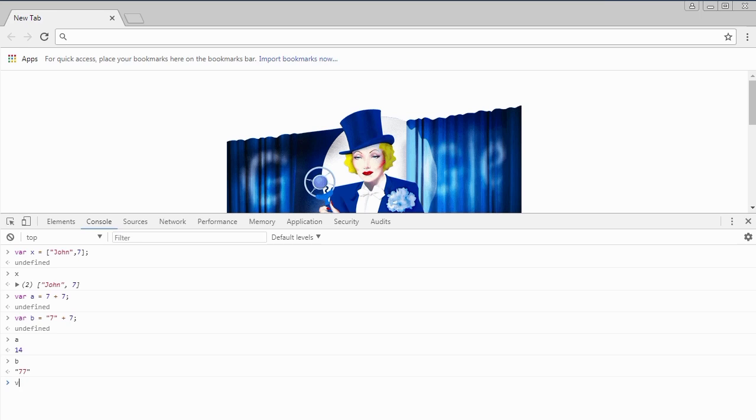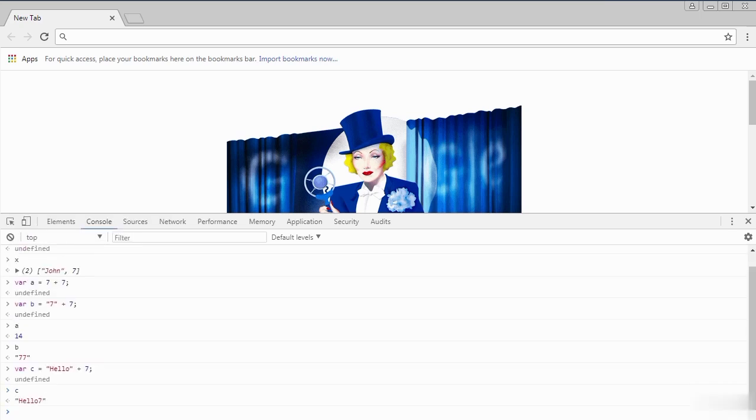If I, for example, create another variable here, I'll call this variable c, and I'll set that equal to, say, a string, and I'll call this hello, and I'll concatenate this. I'll add a number 7. Now if I call this variable c, I expect it to return hello 7. Alright, so that's basically how you mix variables, but you've got to be careful when you're doing calculations so you don't